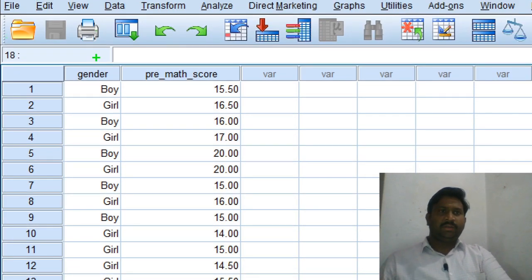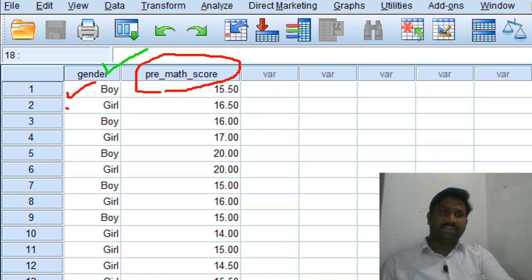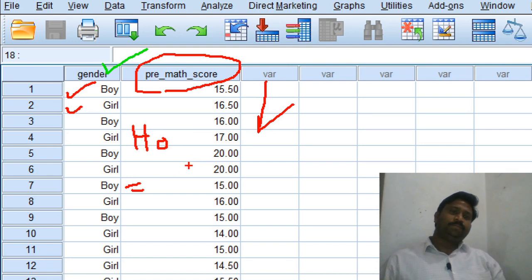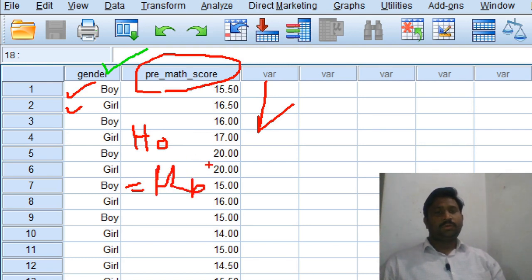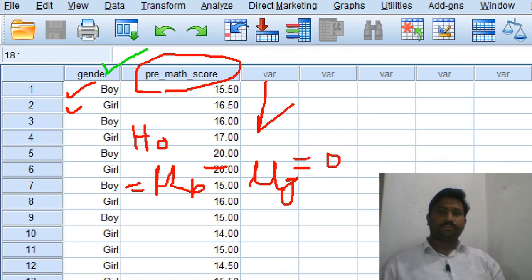data. We have gender, we have math scores. Gender has two groups, boys and girls. We have mathematics score. So we need to test a null hypothesis here, that mu b minus mu g equal to 0.